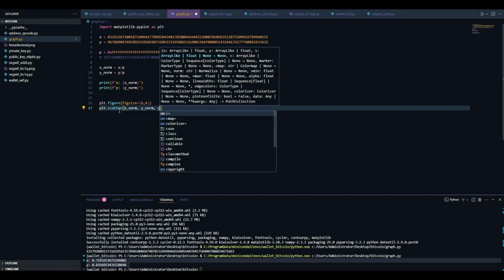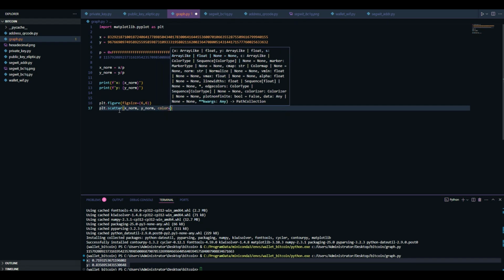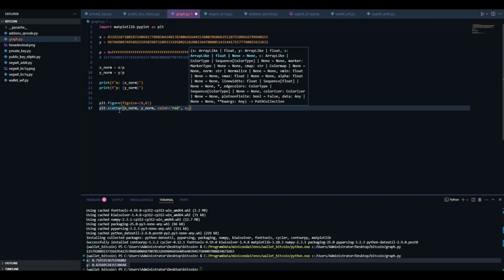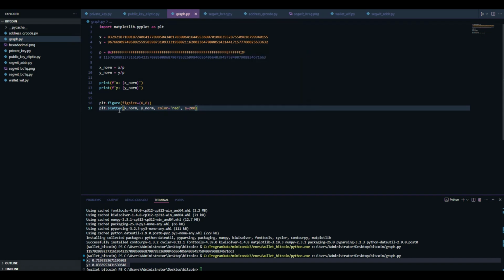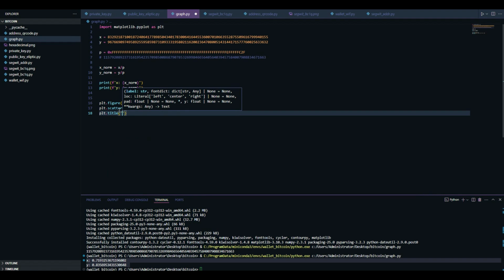Let's make the point color red, and the size, let's use 200. plt.title, let's call it X and Y normalized